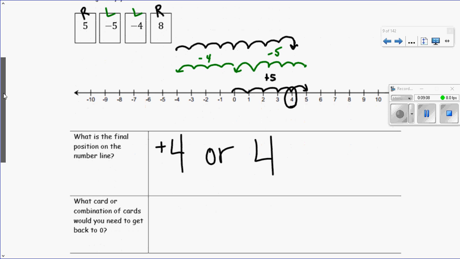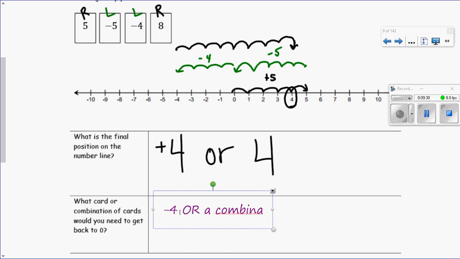Okay, what card or combinations of cards would you need to get back to 0? So I'm here. How do I get back to 0? What card would you need? I'll give you a hint. There's actually more than one answer here. So there's a couple ways you could write it. Here's what I'm going to say. I'm going to say negative 4 or